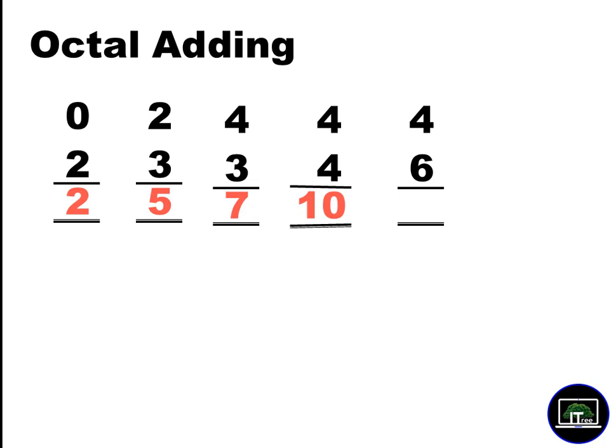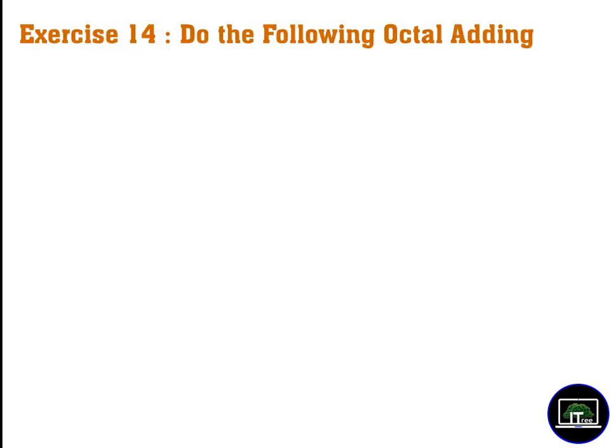When you convert 10 into octal, what do you get? You divide 10 by 8, then you get something like this. It's 1 2. Look at this one now. 7 plus 6, it is 13. 13 means, yeah, it is 1 5. We'll do this addition now. 175 add to 102. 5 plus 2, 7. 7 plus 0, 7. 1 plus 1, 2.